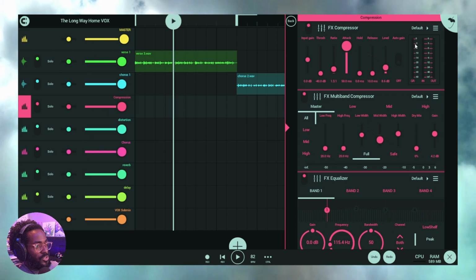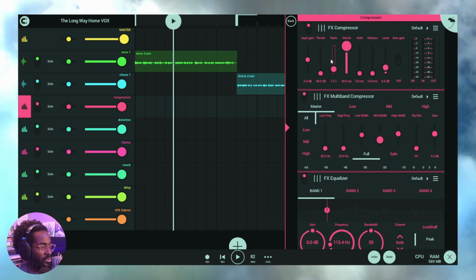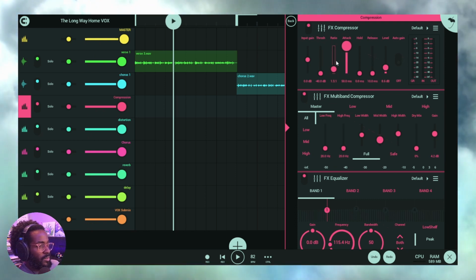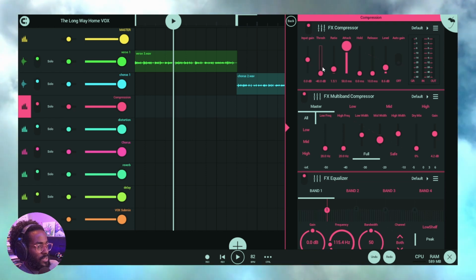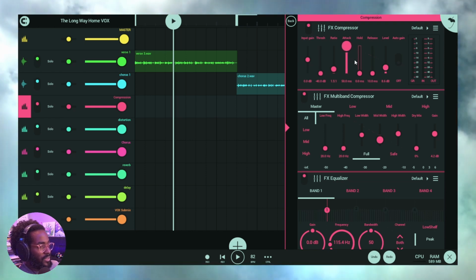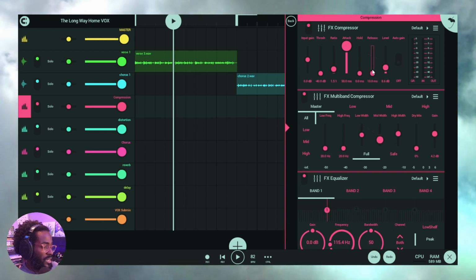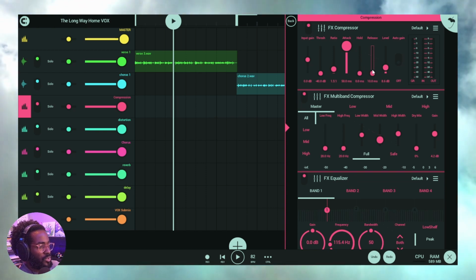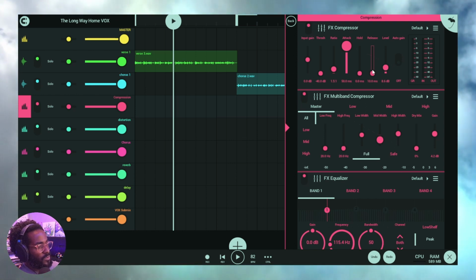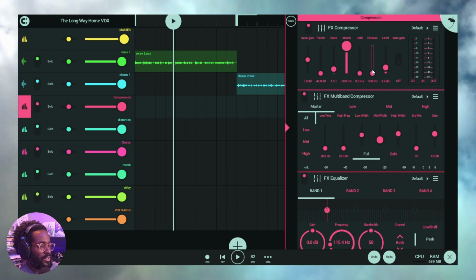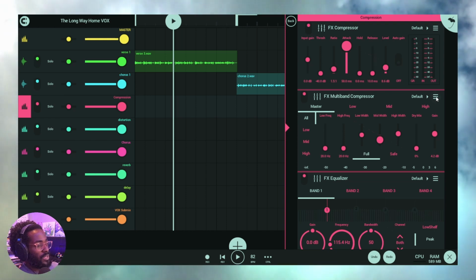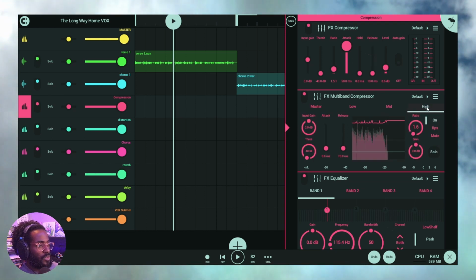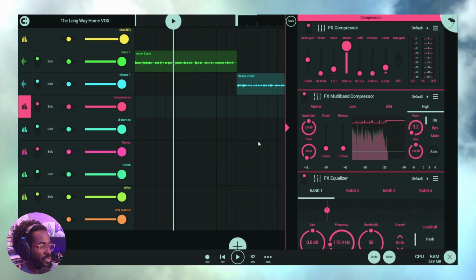Let's check out this compression track. I've got it set to a fairly low ratio, but the threshold is really low, the attack is super slow, and the release is as quick as you can get it here. I want a uniform compression that is really tight, maybe overly compressed, but enough to allow the original to come through, but